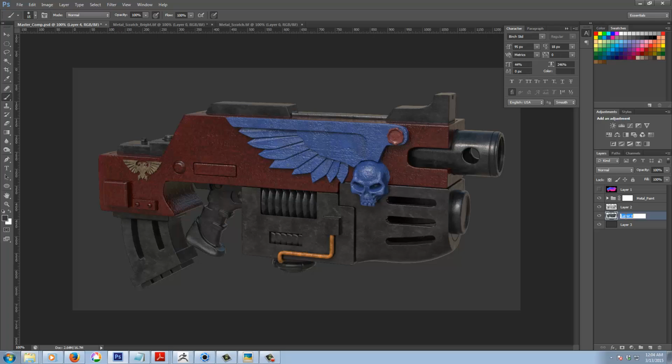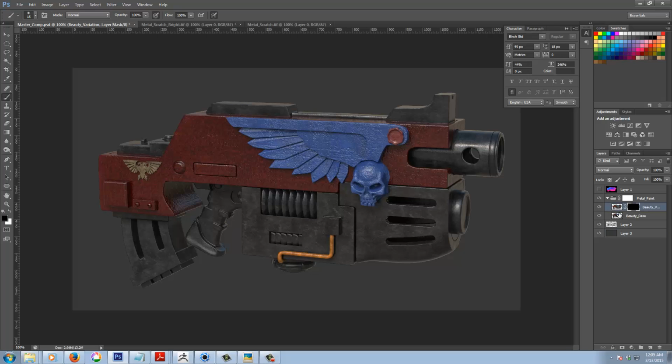Or actually, do you know something? I'll just leave this layer out for the moment, and we can add that in later on if we want to do some further variations on the metal, like maybe this front part, change it the way it is in the reference. So I'm going to start by